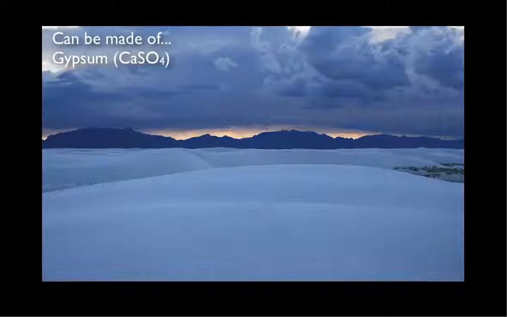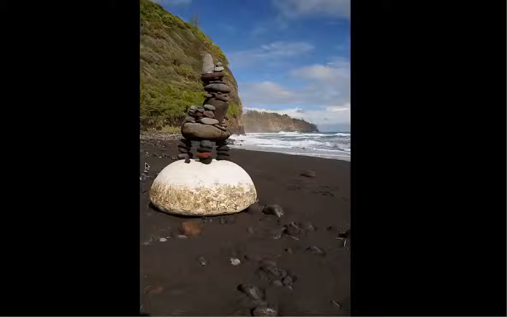So sand dunes could be made of feldspar. They can be made of gypsum. In this case, in New Mexico, near Alamogordo, north of El Paso, there are some mountains that are made of gypsum. Well, the gypsum gets washed down in the rain, gets deposited and left behind as an evaporite, and then that gypsum gets picked up by the wind and deposited. The gypsum is very light colored, unlike the feldspar, so you end up with these white sand dunes, which gives us White Sands National Monument, right near the Trinity site where the first atomic bomb was tested in south central New Mexico. You also have hornblende,